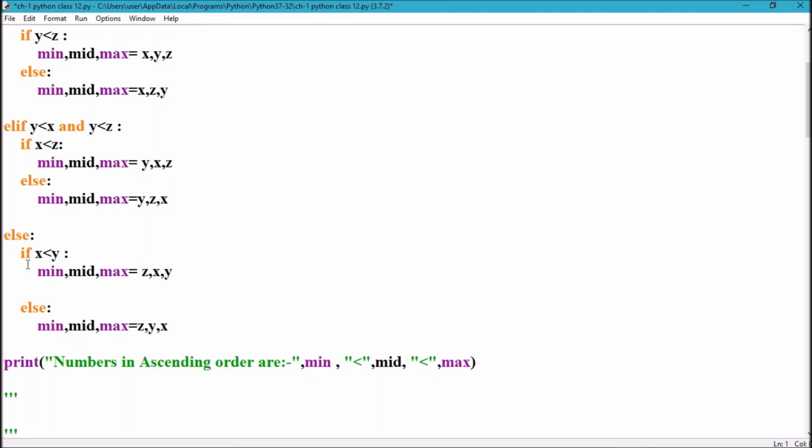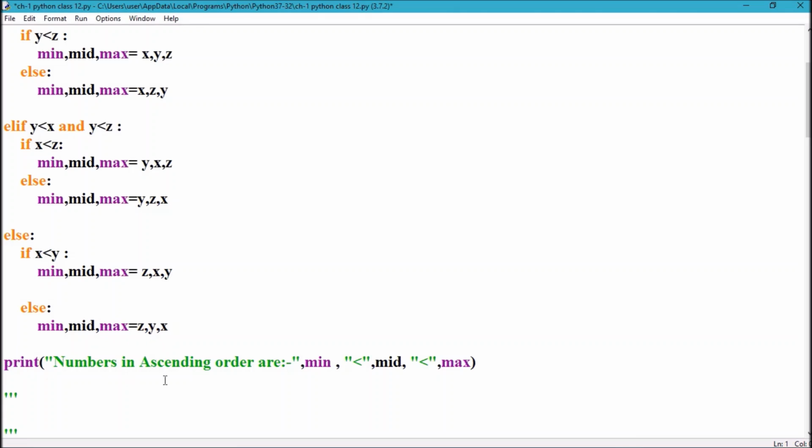So minimum is z. Mid is calculated on the basis of this comparison. If x is less than y, then x is mid and y is the maximum number. Otherwise y will be your middle number and maximum number would be x.